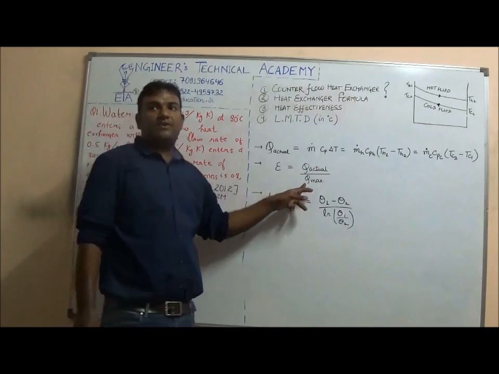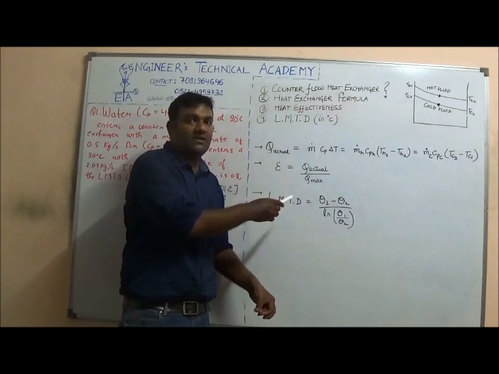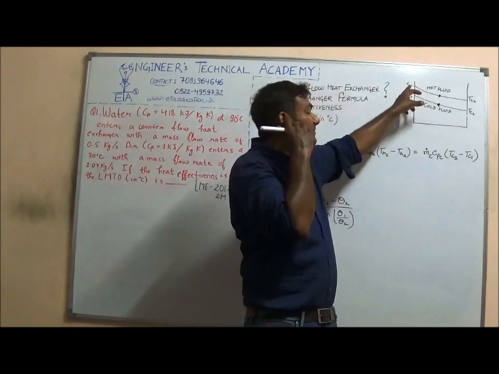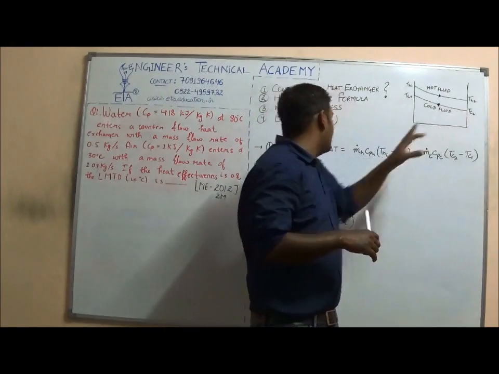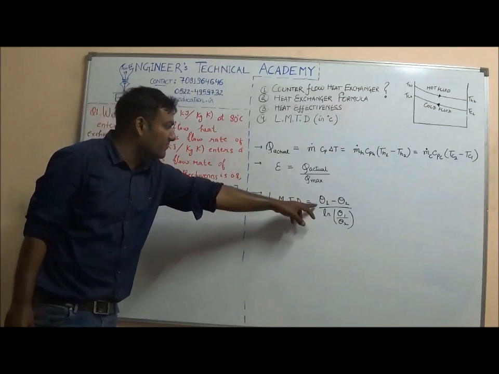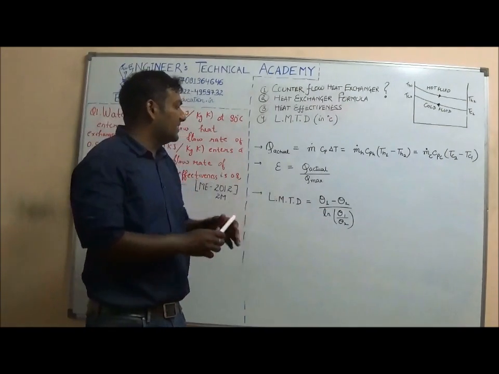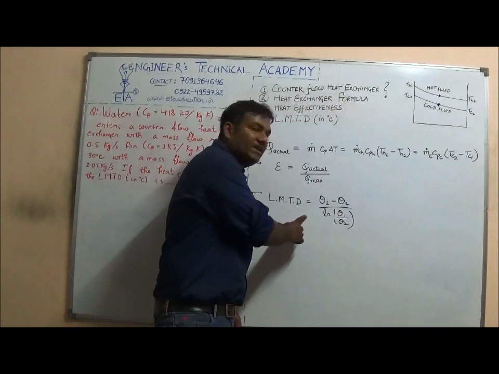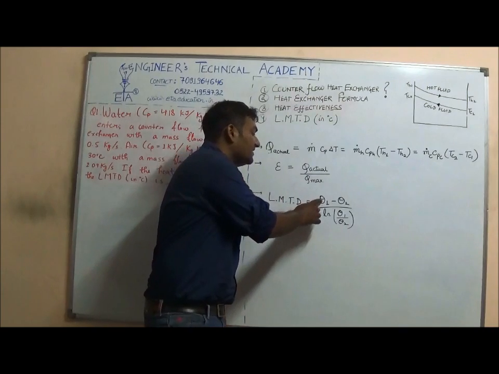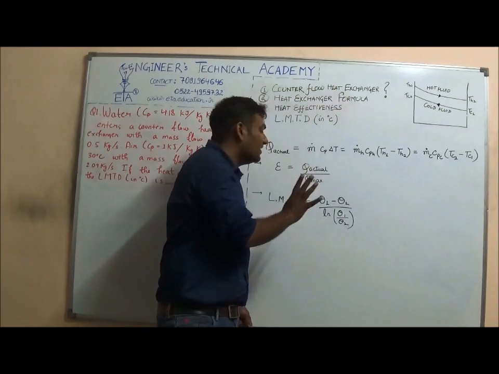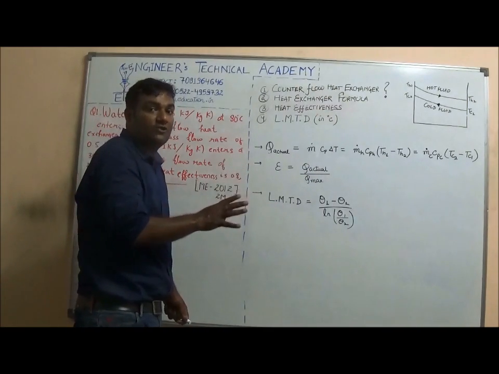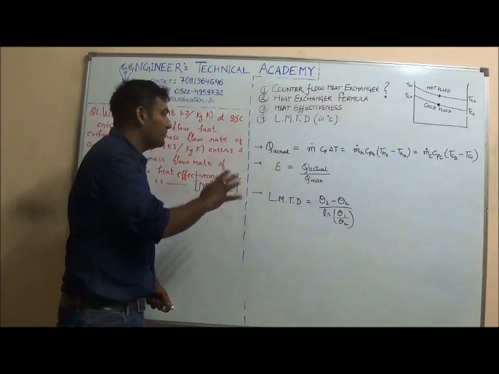Then what is Q maximum? Q maximum is the maximum possible heat transfer within a fluid, which happens between Th1 and Tc1, as it is the maximum temperature of the hot fluid and the minimum temperature of the cold fluid. Then what is LMTD? As I said, log mean temperature difference. Its formula is given by (theta1 minus theta2) upon ln(theta1 by theta2). This is for both the parallel flow heat exchanger and the counterflow heat exchanger. But in the counterflow heat exchanger, when theta1 equals theta2, this is a special case, which is given in your textbooks and in GATE specific books also.